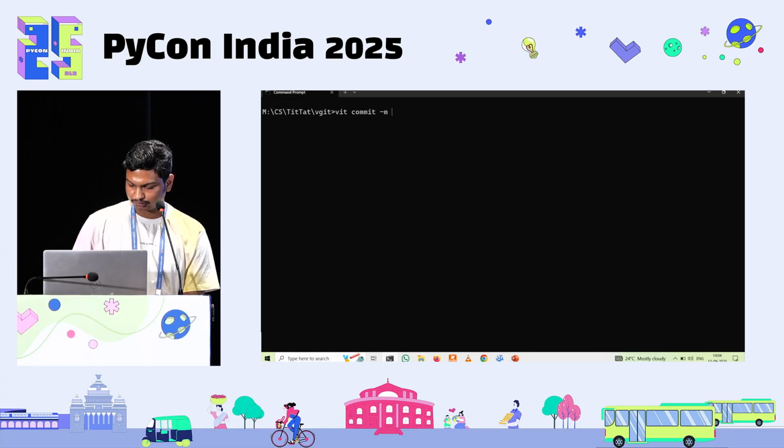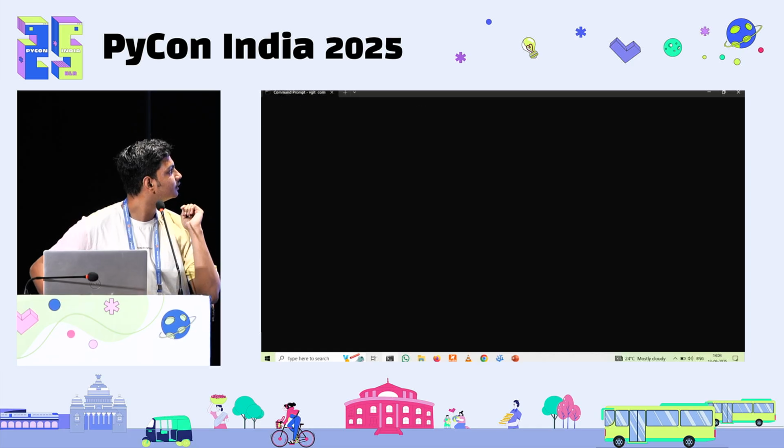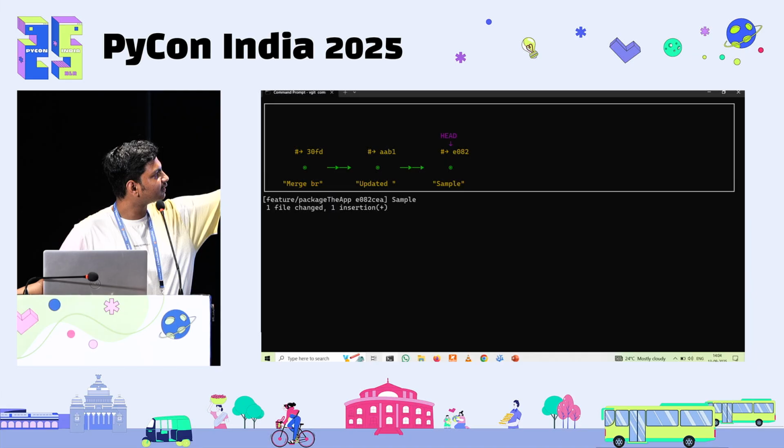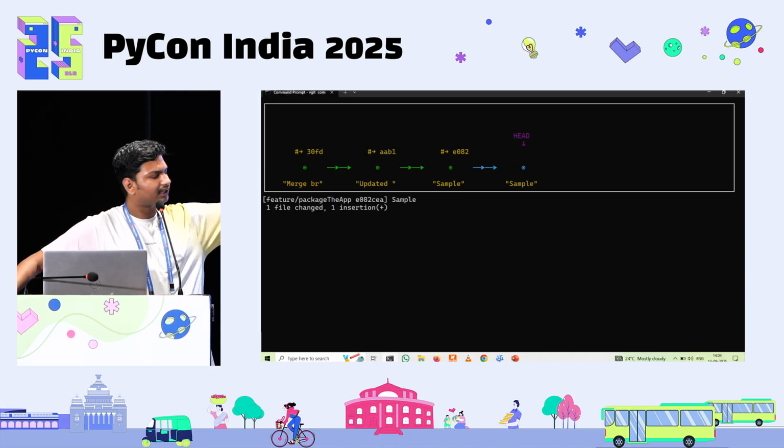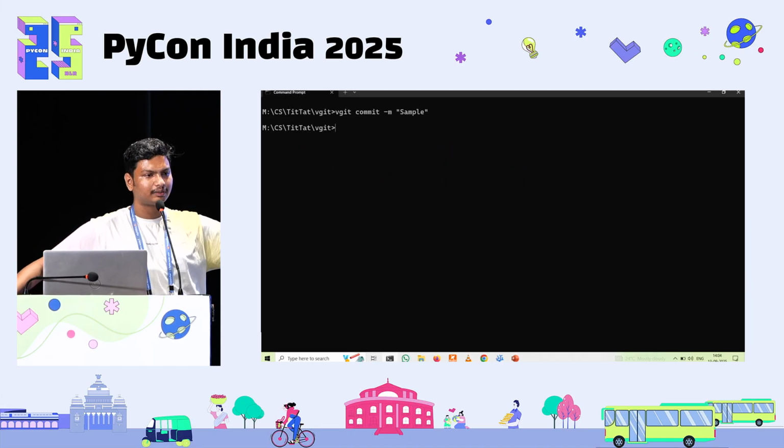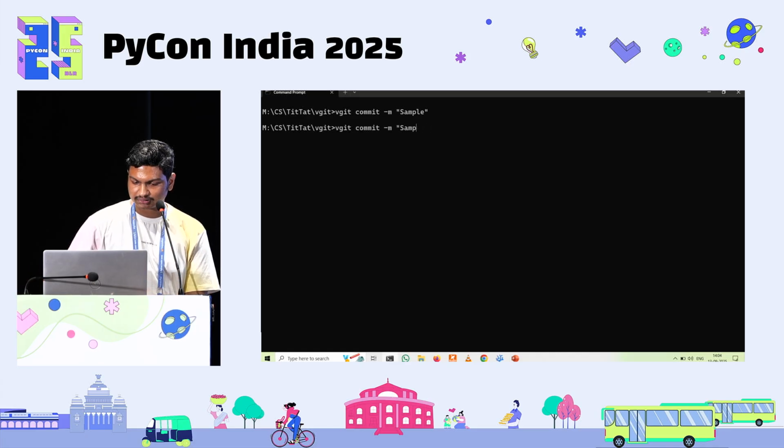So if I do git, one sec. I just maintain the last three, and it shows how a commit is basically a branch in the end, so it creates a new head. And if I compare it to our normal git amend,